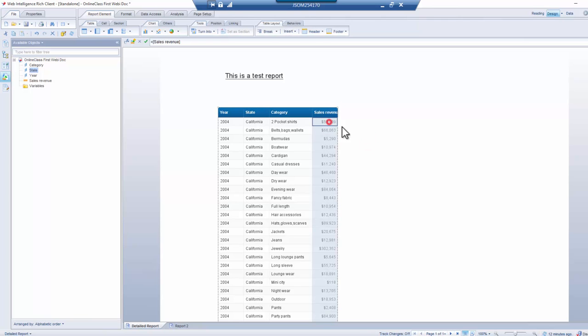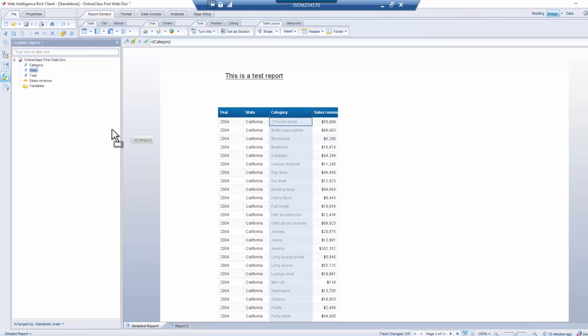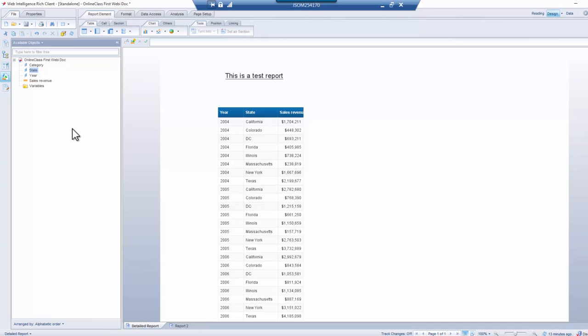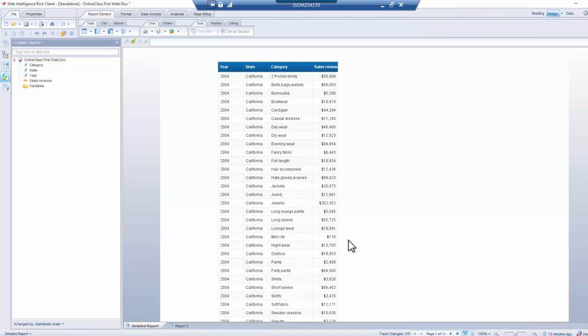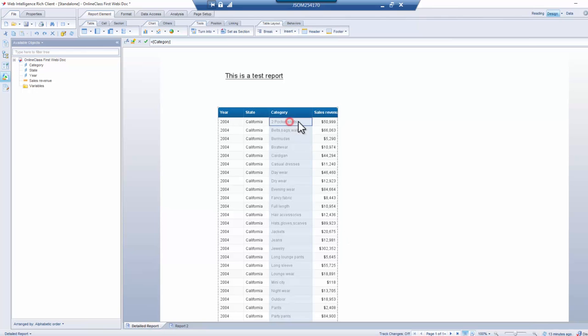Notice what happens to this number when I start making some changes. So for example, if I remove the category from the picture, what happened to this number? Did this number go up or did it go down? So it was 50,999. And these were all of these different categories for California, right? Now when I remove category from the picture,